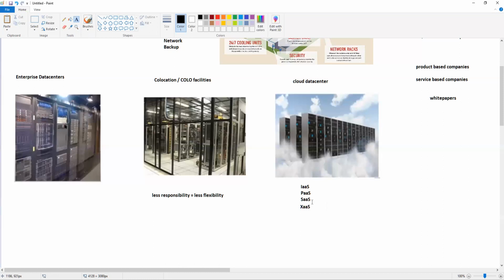So there are companies like Salesforce, SAP, and TIBCO. They will give you a SaaS-based offering. Then there are companies like Heroku and others who will give you PaaS-based services. They don't allow you to choose the operating system. They'll just give you runtimes where you can bring your application, bring your code and run it. And then there are companies like Amazon, Google, AWS, which will give you all three of those.